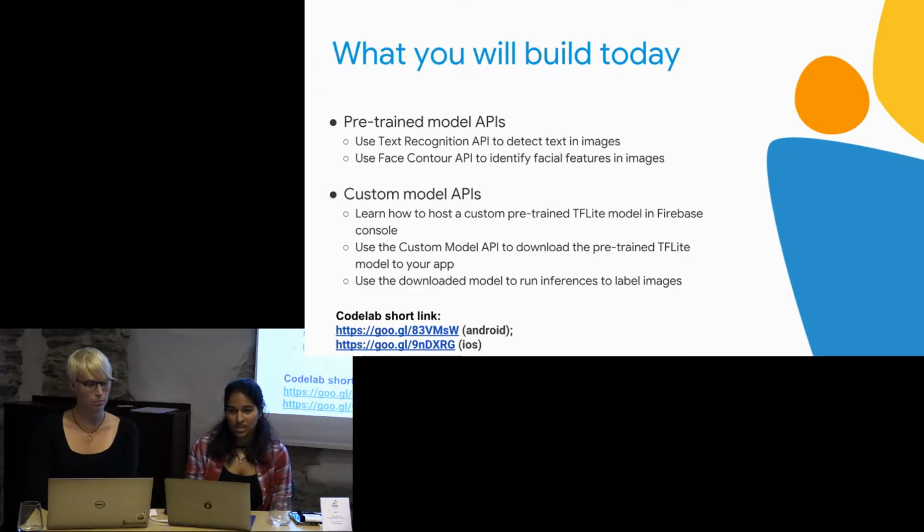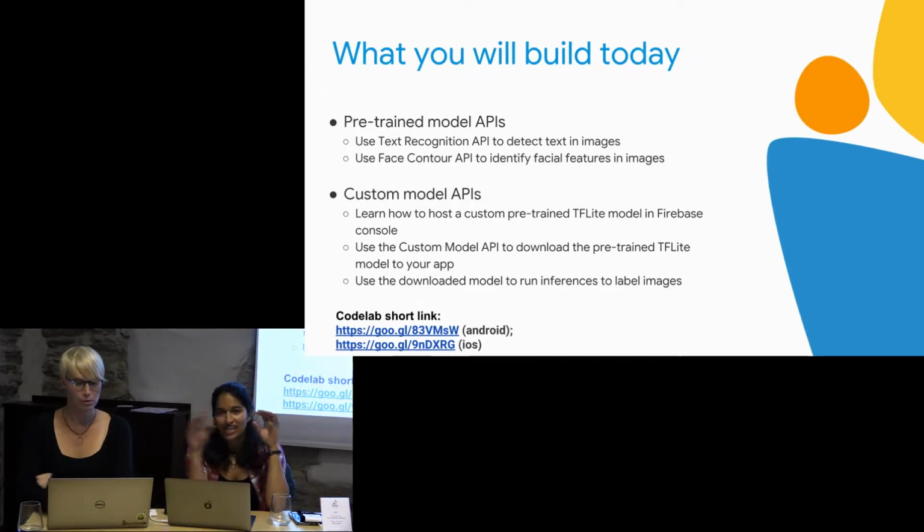So okay, what are we going to do today? We're going to do two things. We're going to go the easy path. I say easy. We're going to go the path where you don't define the models yourself, and you use the ones that we've pre-trained. And we're going to use text recognition to detect some text in images, mainly if you've seen a lot of the CAPTCHA "I am a human" things, it's like detecting text: is there text in this box? And also we're going to use the new face contour API, so you can